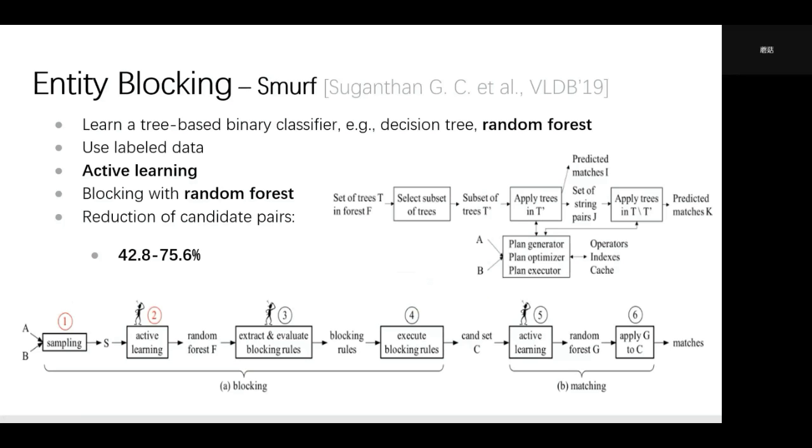So they first sample some data and label them using an active learning manner and learn a random forest. Then they extract the blocking rules and find the tuple pairs that satisfy them. And finally, the candidate set C is the result of entity blocking. So the Smurf has higher accuracy than the rule-based methods, but the blocking